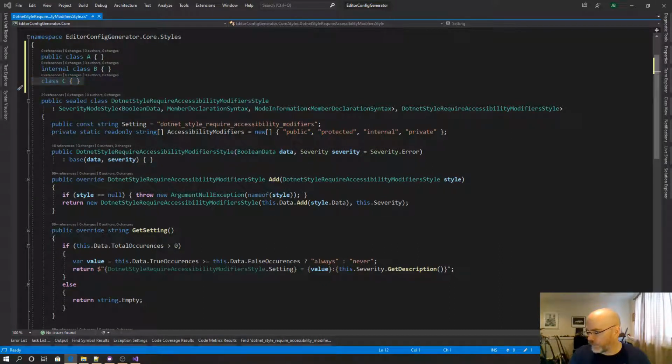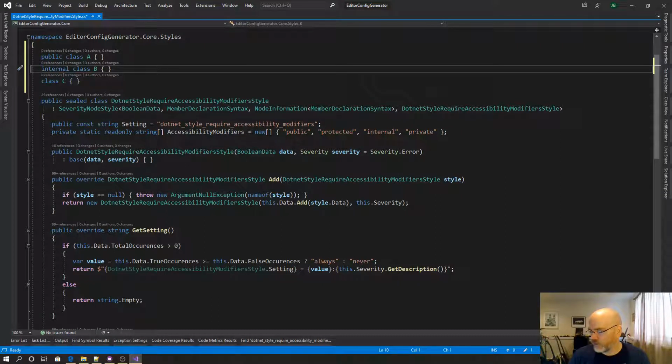I have to go back to where it's defined. I have so many tabs open. Oh, come on. There we go. Prefer accessibility modifiers to be specified, except if they are the default modifier. So how would you tell the difference? Like,